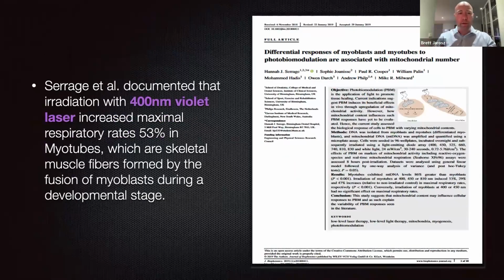They documented that irradiation with a 400 nanometer violet laser increased maximal respiratory rates 53% in the myotubes, which are skeletal muscle fibers formed by the fusion of myoblasts during a developmental stage. So again, more pictures of information showing that the violet light, more energetic light, impacting complexes 1 and 2 earlier in the electron transport chain,